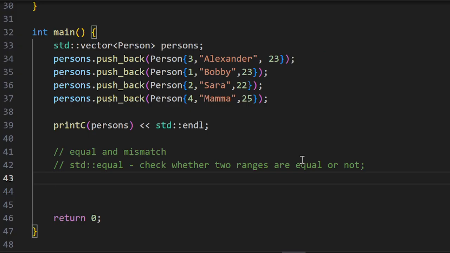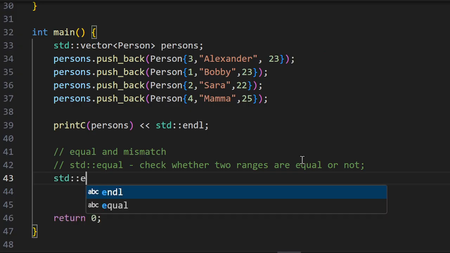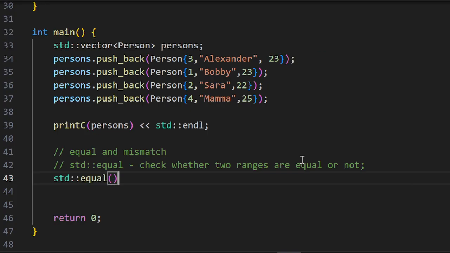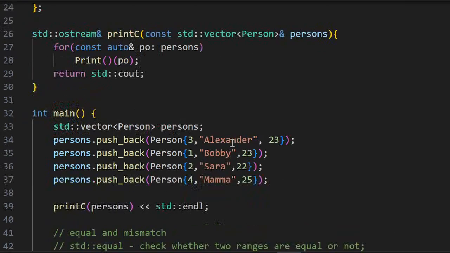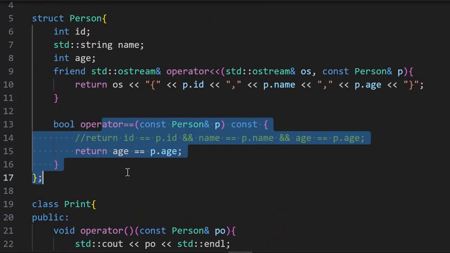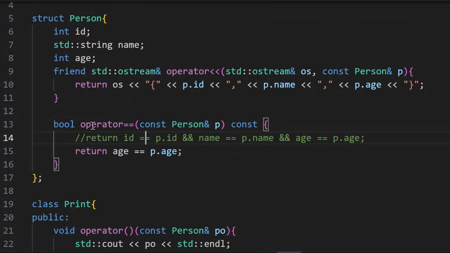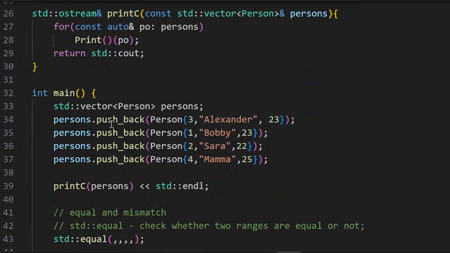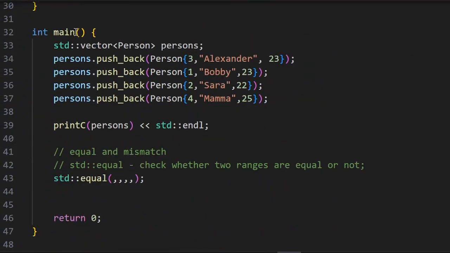So the way you use this function is, you provide first range, and then you provide second range. And in this case, it will actually use the comparison operator, this operator, to compare and to check whether they are equal or not, element by element. For example, if I have this vector, and if I create another vector,